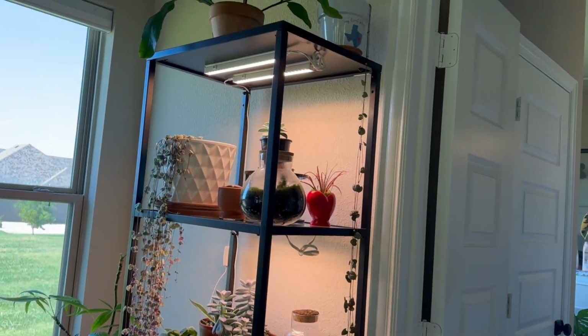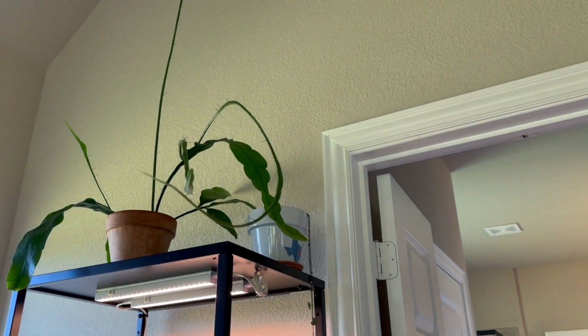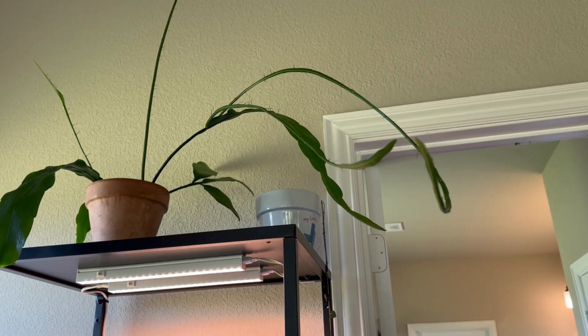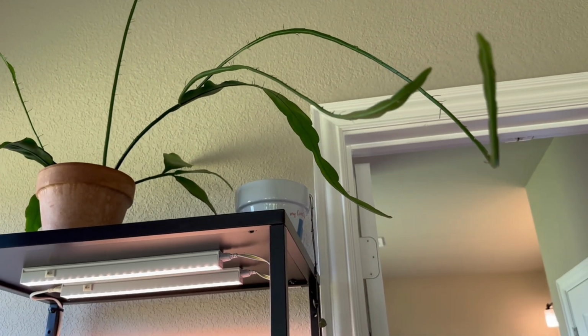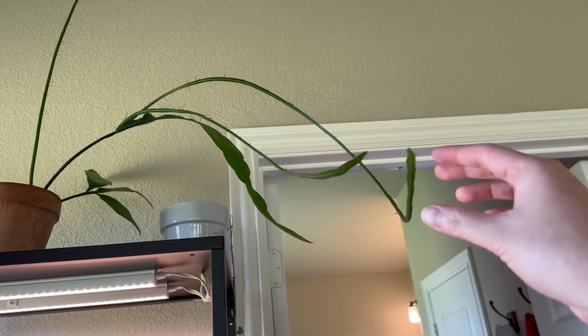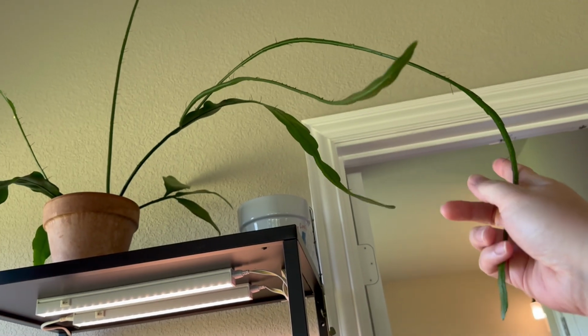Up in there is another plant that my sister gave me. This is another jungle cactus. It's actually a, what do you call it? Queen of the night. It also reminds me of my mom because she used to have this one before, and